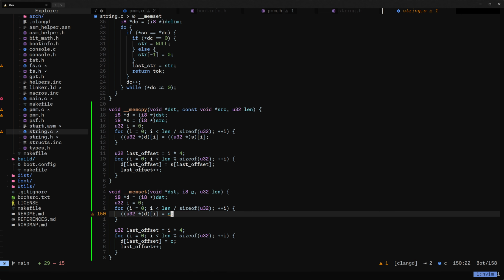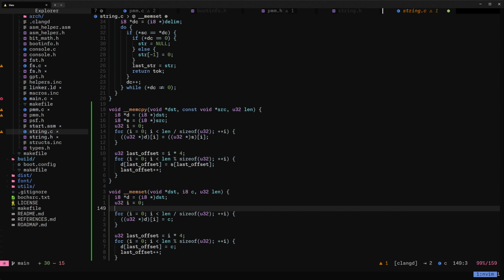Yeah, actually, we will need to do something more here, because we need to pack. We have C as an I8, and we want to make changes 4 I8s at a time. That's what we're doing here. It's our cheap version of SIMD. So we'll need to pack 4 of C's into some value here. So let's create a U32 or an I32. No, I guess we're doing bytewise things, or bitwise copy, so we'll just leave it at U32. And we'll call this pattern,